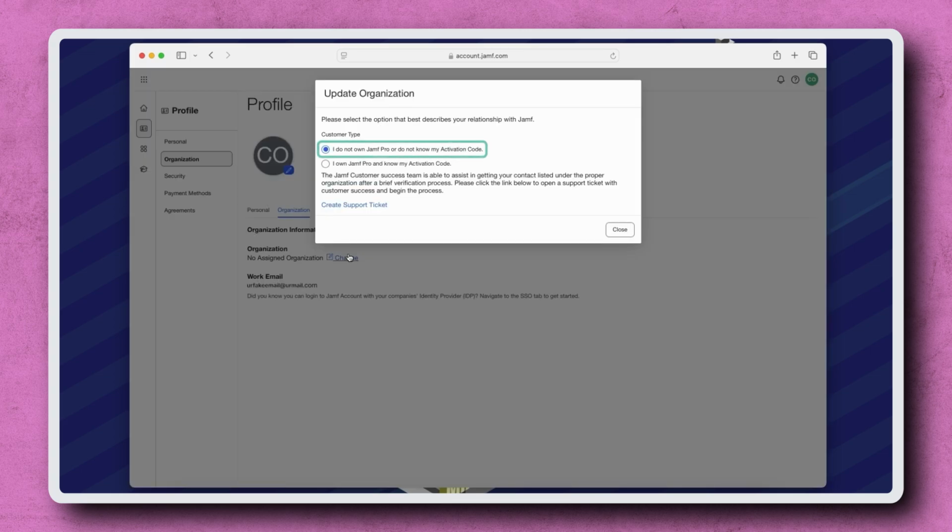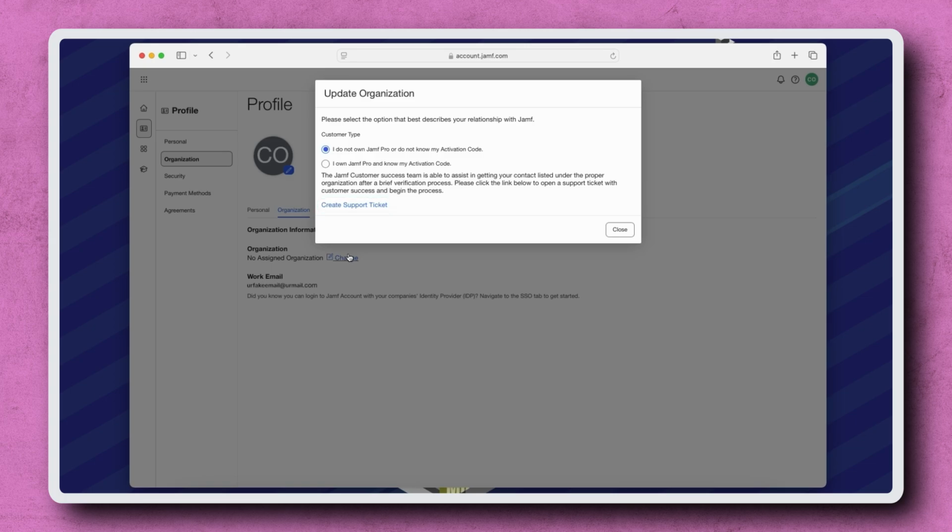If you don't have Jamf Pro, don't have access to your Jamf Pro activation code and billing zip code, or your Jamf ID email domain isn't shared by anyone else on the account, you won't be able to assign yourself to an organization. If this is the case, we can reach out to support for assistance by clicking Create Support Ticket, or request to be invited by a member of our organization that has the organizational administrator role in Jamf account.